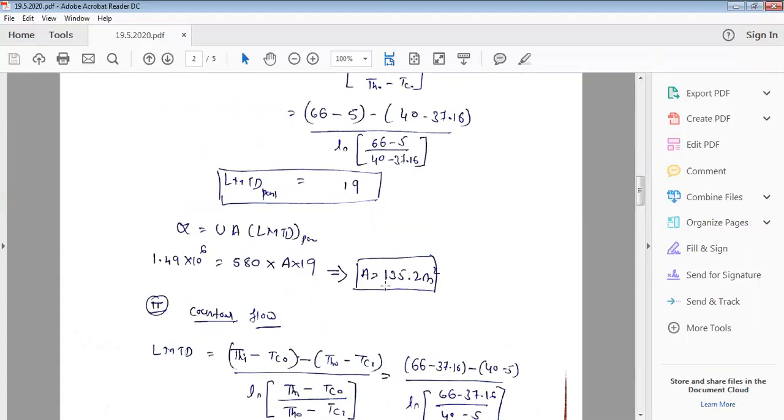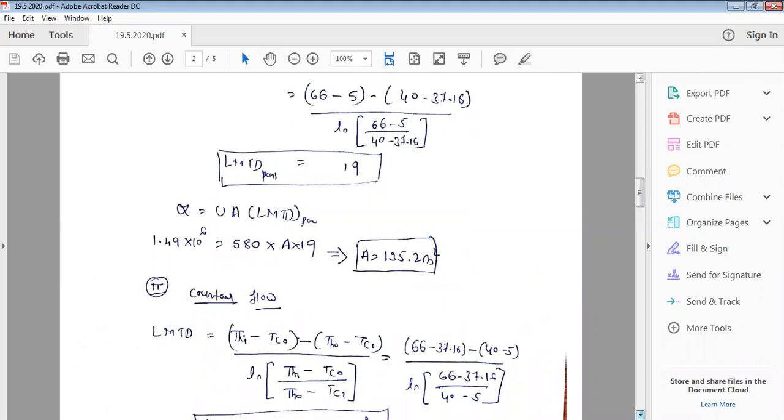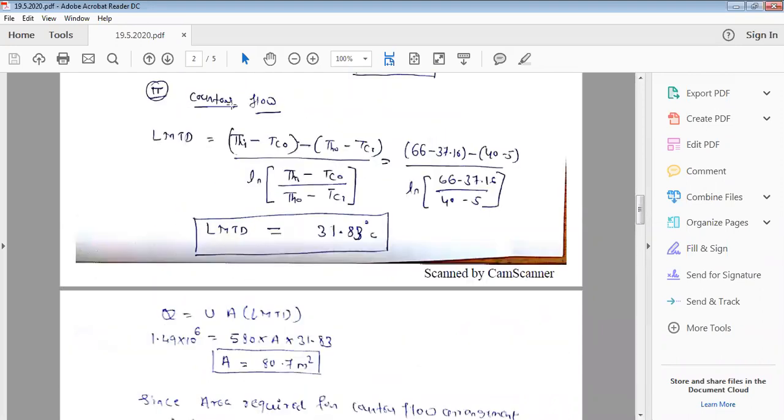If I solve this one, it comes to about 135.2 meter square. For the parallel flow setup, a 135.2 meter square area is required. Sure. Now we'll go for the next one. Now if I go for the counter flow setup, similarly I again need to